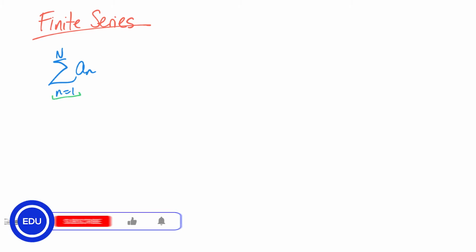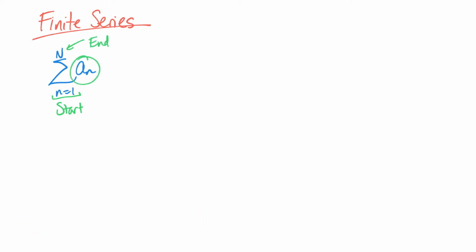So as we know, a series is basically a summation of the terms in a sequence. And it can look something like this, where this counter tells me where n will start, and this tells me where it will end, and this tells me the sequence of numbers that we will be adding. Fantastic. Now, an example of a finite series could be